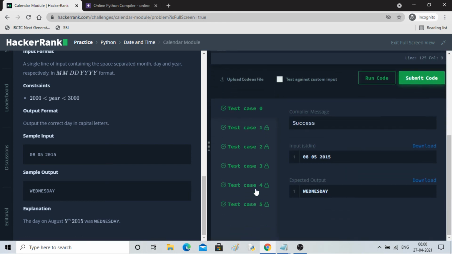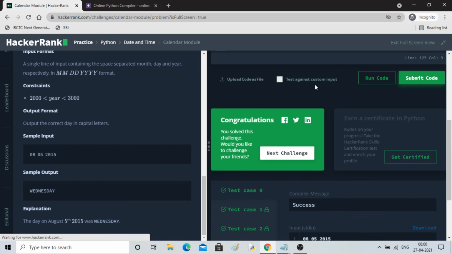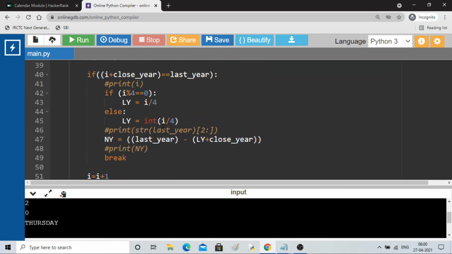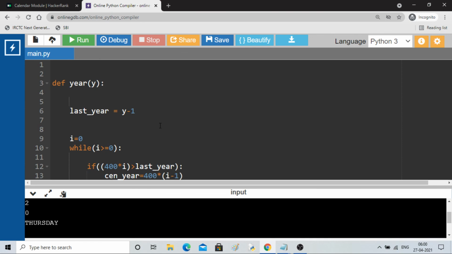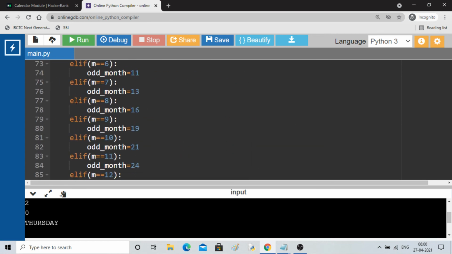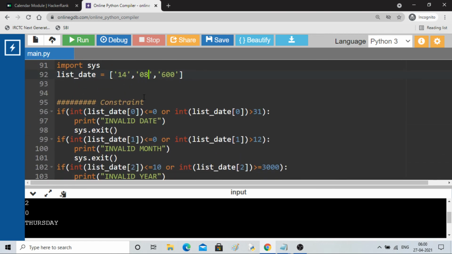All the test cases are passed, and you can see it is working, right? So this was it. If you want, you can look at this on your own. It will take some time, I know, but this is one of the best codes for me, because it is so clean. It is not even taking so much time. Even if you calculate for, let's say, 11th year, it will show you the date. So here you can see it was Sunday; on 11th year, August 14, it was Sunday.